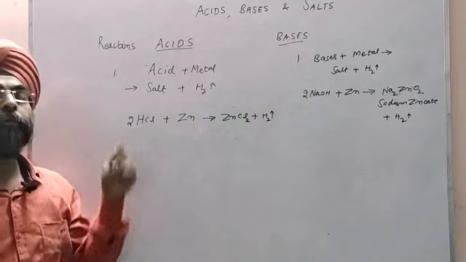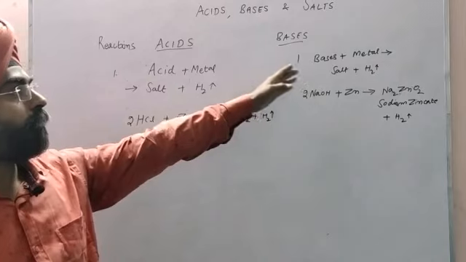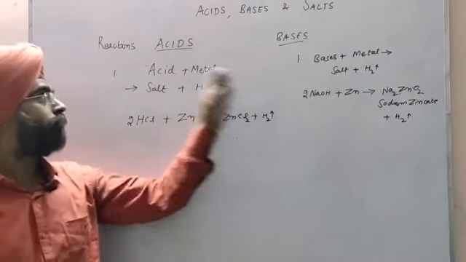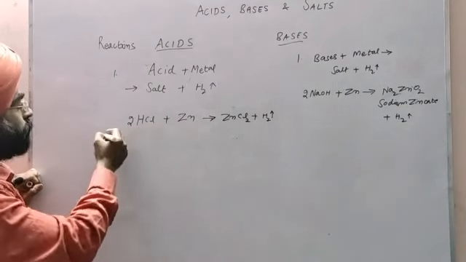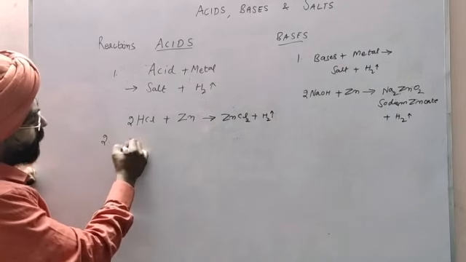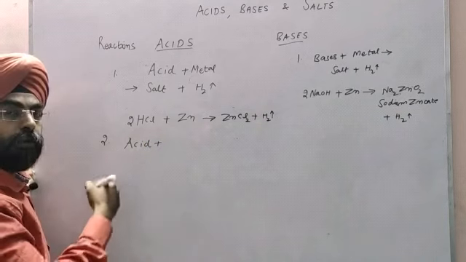So acid and metal react together to form salt and hydrogen gas. Similarly, bases react with metal to form salt and hydrogen gas. I hope this first reaction of acid and base is clear to all of you. Now the second, whenever any acid reacts with metal carbonate,